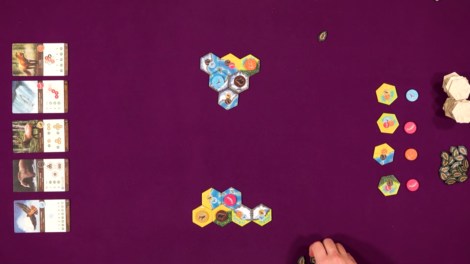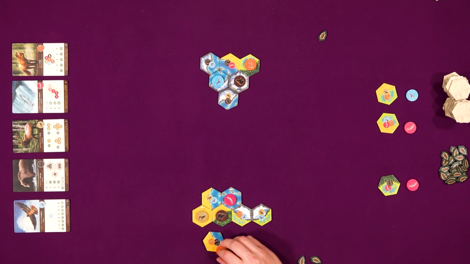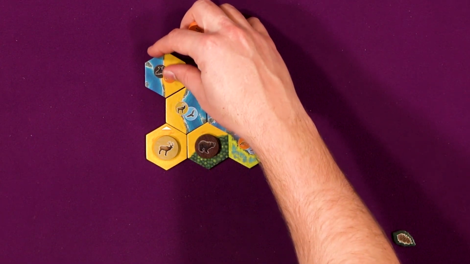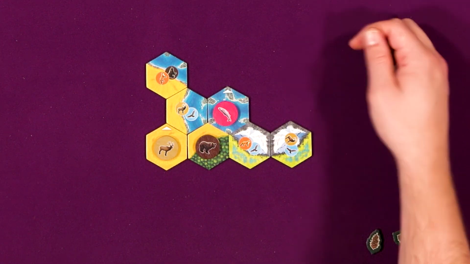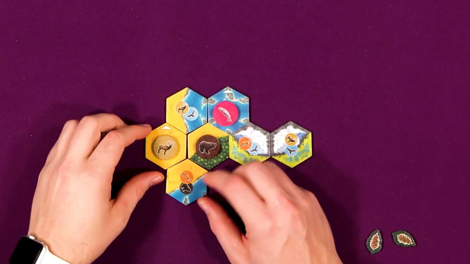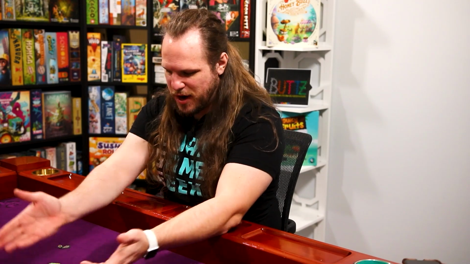Oof. I don't really like any of these, to be completely honest. Use the nature token, wipe out any amount of the animals that you like. I think I'm gonna do this though. Should I do that? Potentially make that bigger. Nah, I'm just gonna go ahead and do this. I'm gonna say nope to that water because I want to get this fox surrounded by different other animals. Whereas up here, I could eventually do it, but